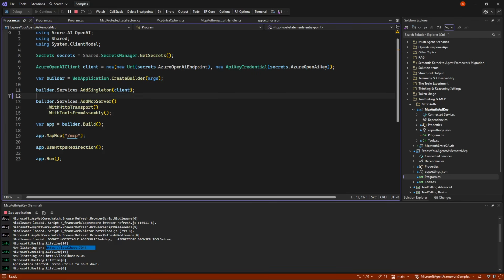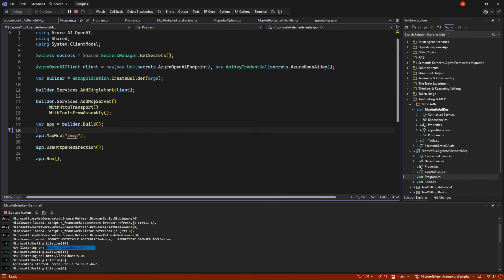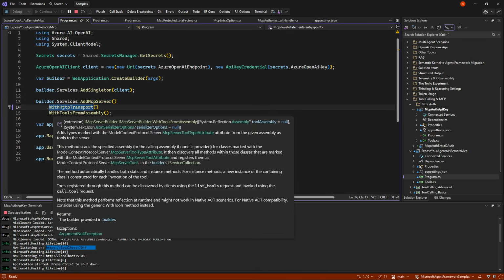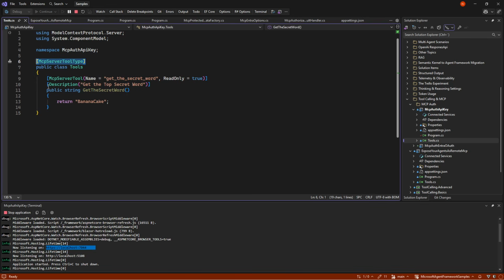And this code I'm showing right here is my old sample from my previous video, in that we can just use the MCP NuGet package and ASP.NET Core if we want to expose them using the minimal API. And then we just go in and say add MCP server with HTTP transport with tools from assembly. And the tools will just be annotated with this MCP server tool type and an MCP server tool here. And here I'm just making a little sample tool called getSecretWord.